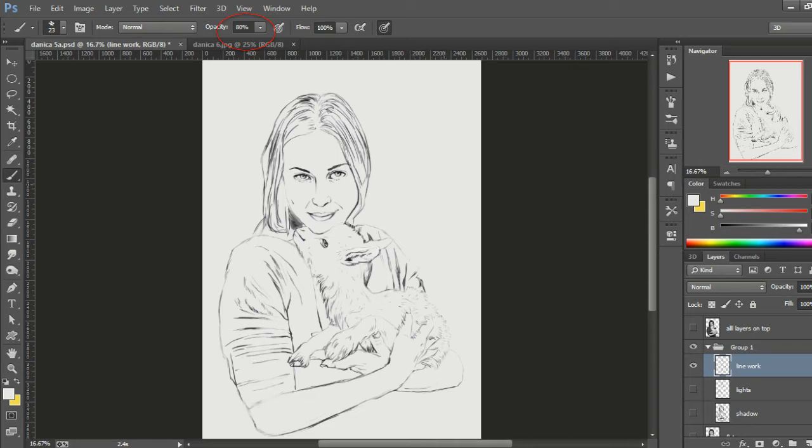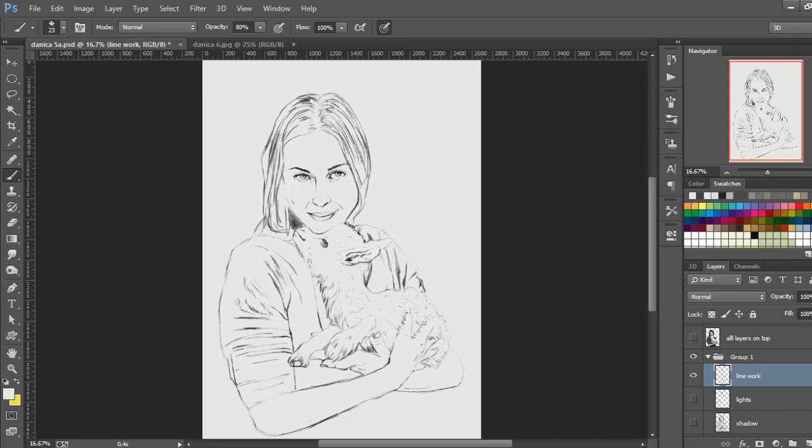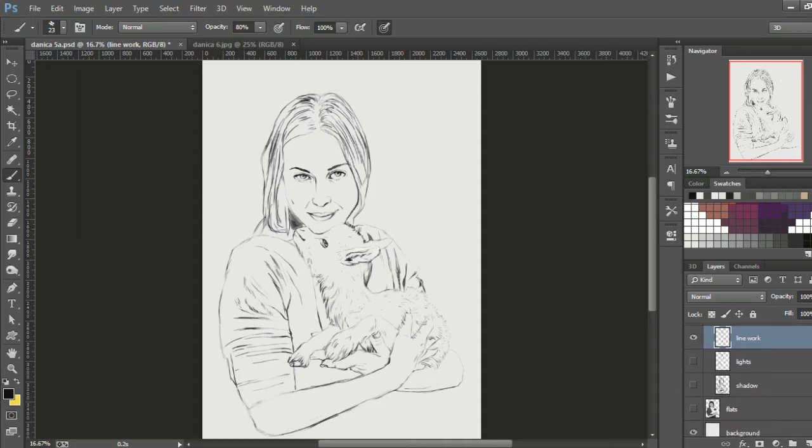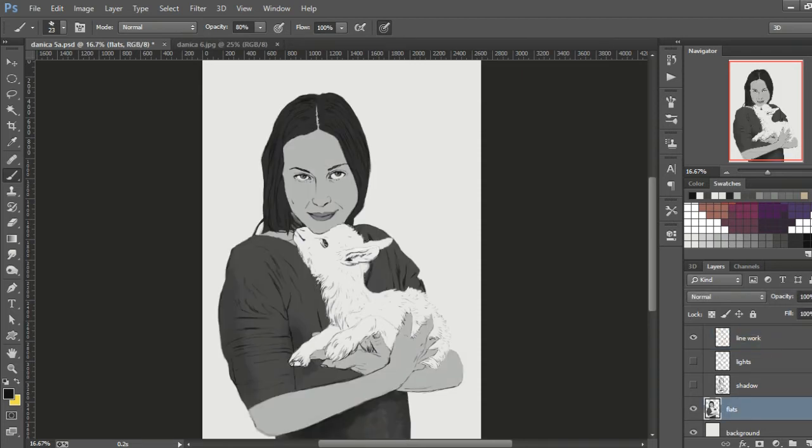You can change the opacity by clicking the number keys on your keyboard, and you can add colors. Pick some dark tone, doesn't have to be completely black, and start adding lines. When you finish with your line work, I like to make another layer beneath that one that is called the flats, and it's because it has only the flat colors that are 100% opacity. So we have the base for our work. So we have the line work and our flat colors.